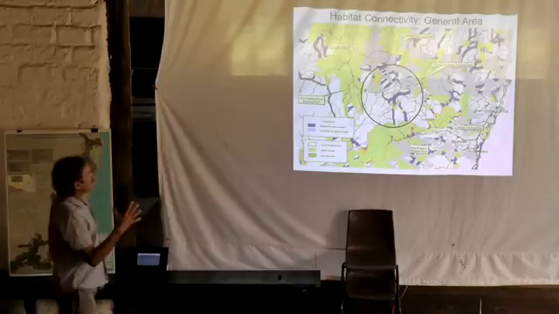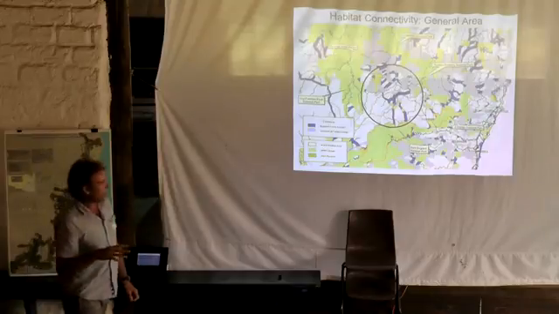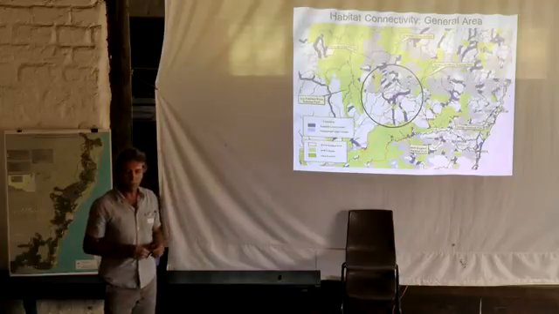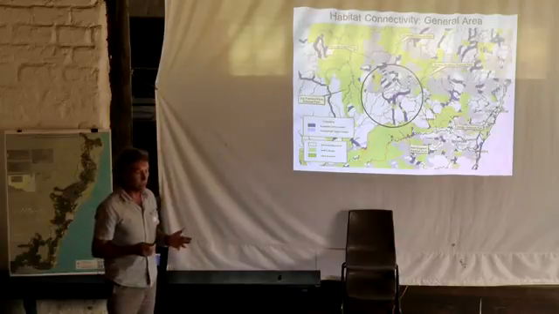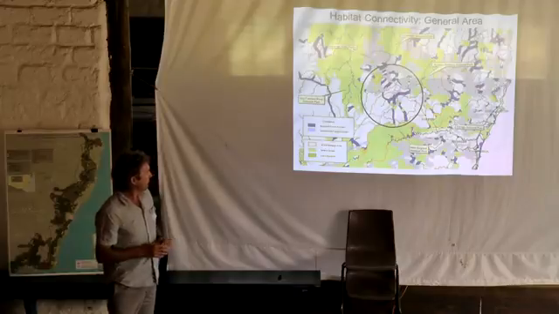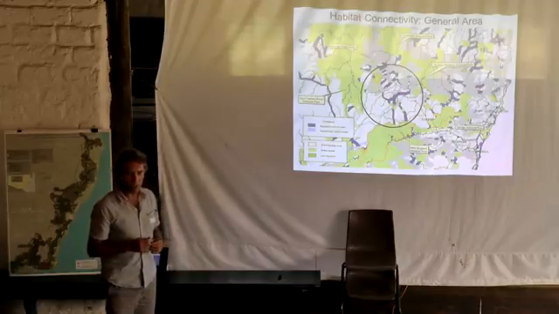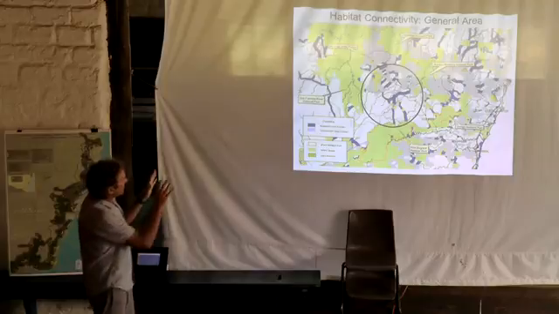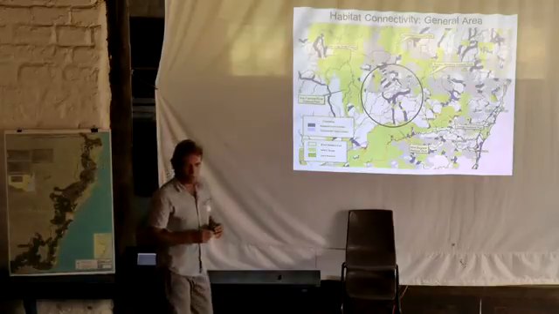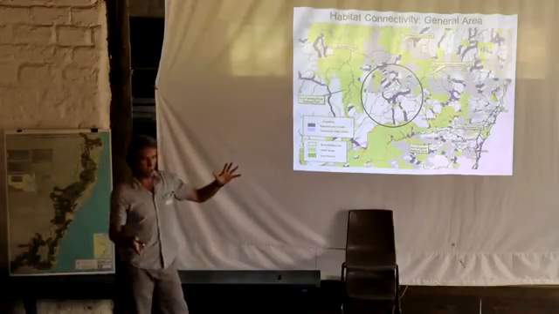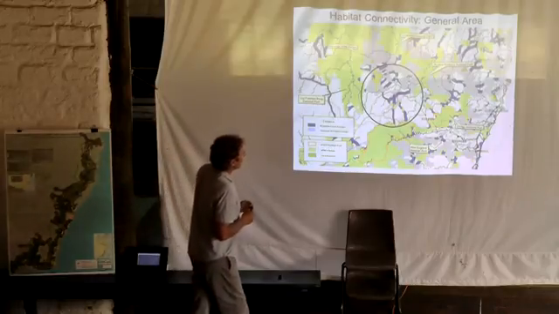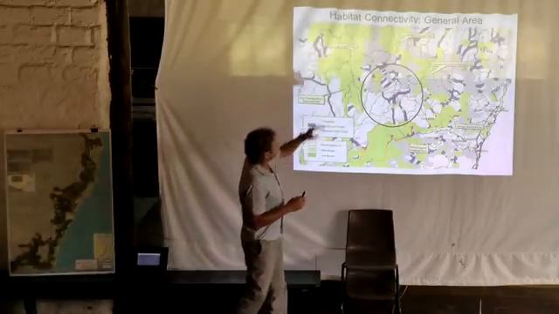So, turning to habitat connectivity of the general area, I was involved for National Parks and Wildlife, or DEC as they referred to in those days, now OEH. We pulled together a lot of information that was available through the forest assessment projects, including a whole lot of information on forest fauna and their habitats to map habitat connectivity or wildlife corridors across the whole of northeast New South Wales. And this is basically an extract of that mapping concerning this area.